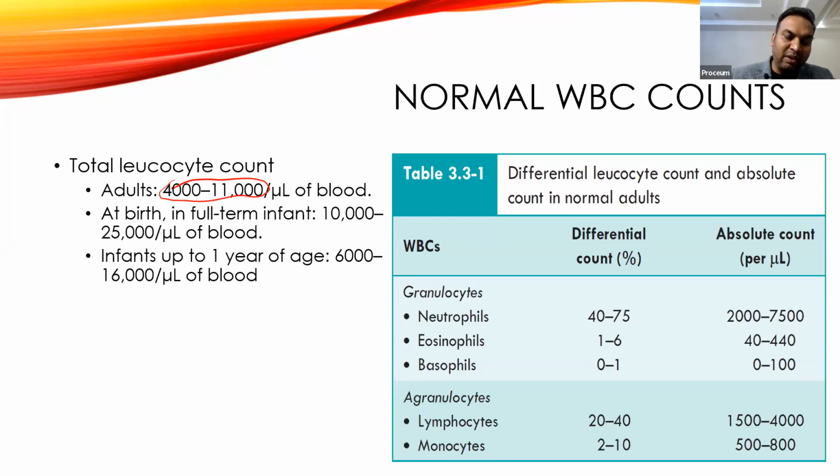So immediately after birth, the leukocyte count is somewhere around 20 to 25,000. So 10 to 25,000 we consider normal for the baby, and as the age increases, the count will start decreasing, and it comes to somewhere around 6 to 16,000. And as the age progresses, by the age of 10 to 12 years, it will become close to the adult level. And similarly at the older age,